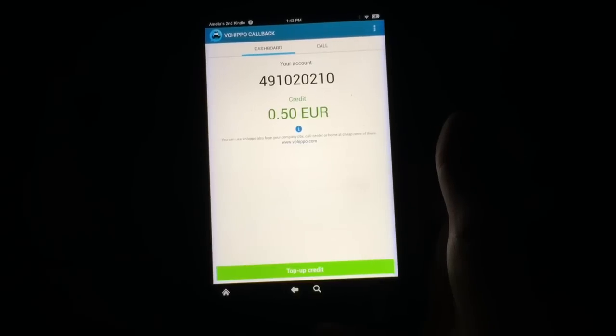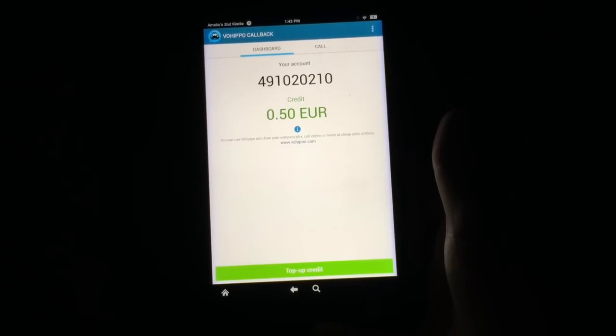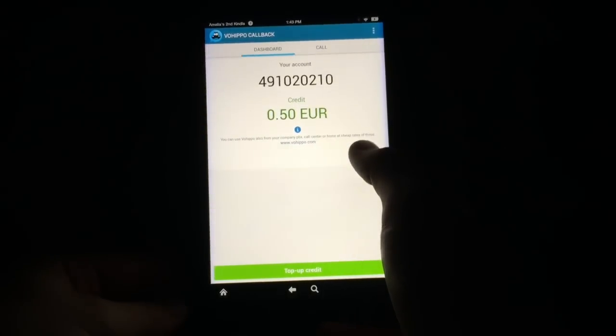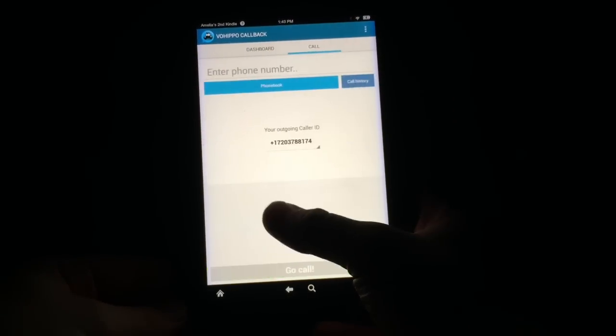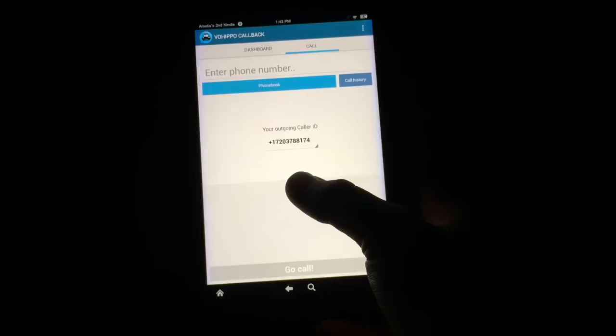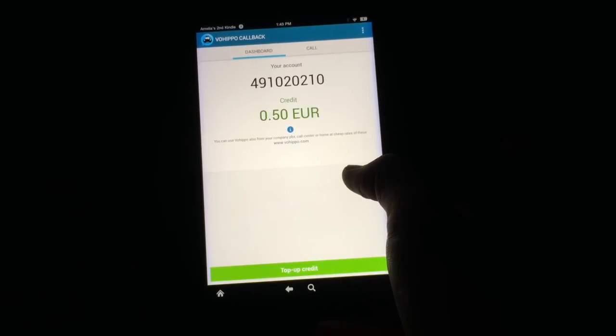And as with all VoIP applications, the idea here is pretty simple. They're trying to ramp down your costs by allowing you to make phone calls over the internet as opposed to a traditional landline or your cellular number. All these things are good things. So with that in mind, we're going to go ahead and just kind of poke around and show you how